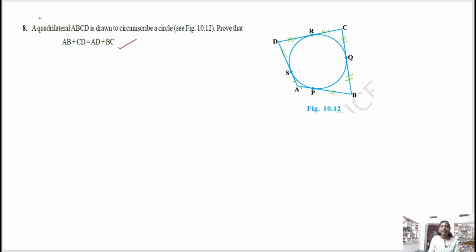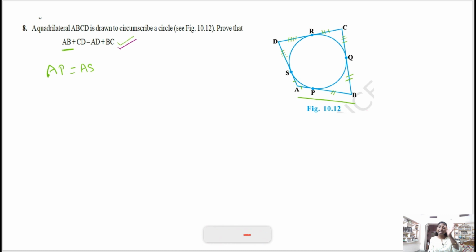Okay, but how will we write? We will write the equations but we will maintain the order. हम यहाँ पे एक order maintain करेंगे ताकि हम ये प्रूव कर सके. एक ऑर्डर में लिखेंगे तभी जाके वो हम प्रूव कर पाएंगे, अदरवाइज डिफिकल्ट हो जाएगा. ठीक है, it means how we will write this. Here we will start from here. We can write AP is equal to AS. Okay, but here we want AB. Okay, to get AB हमें चाहिए, तो हमको क्या करना है, AB को complete करना पड़ेगा.